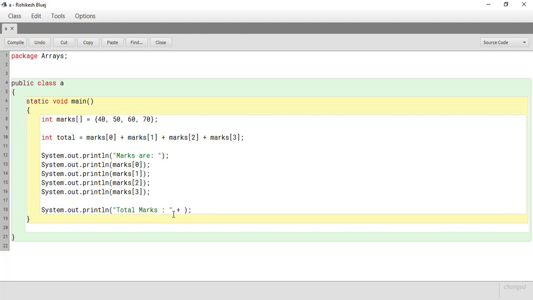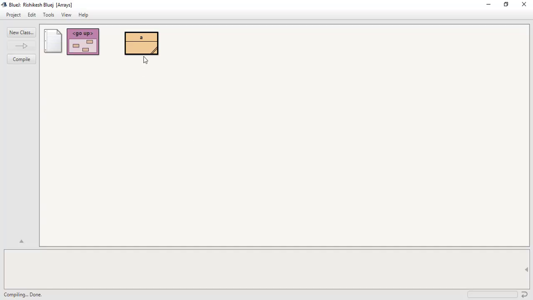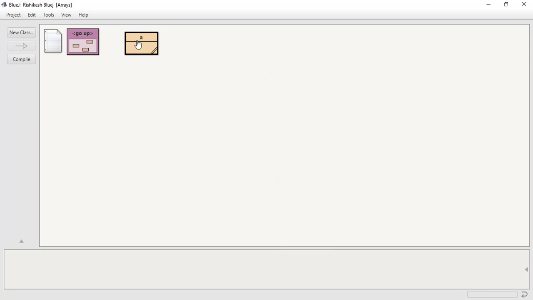Total marks is stored in the variable total, so I'm going to write total here. Total is a normal variable, it's not an array. So let's compile this and see the output. Okay, so you can see the individual marks have been shown here, 40, 50, 60, 70, and then the total is also showing the total marks.